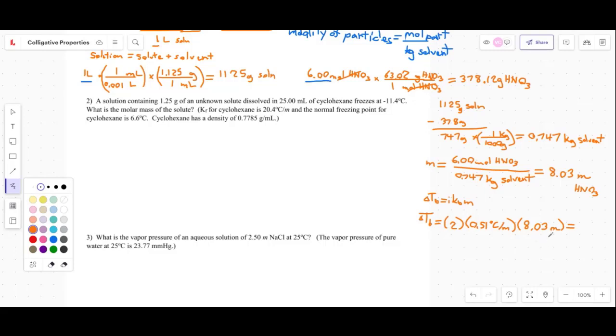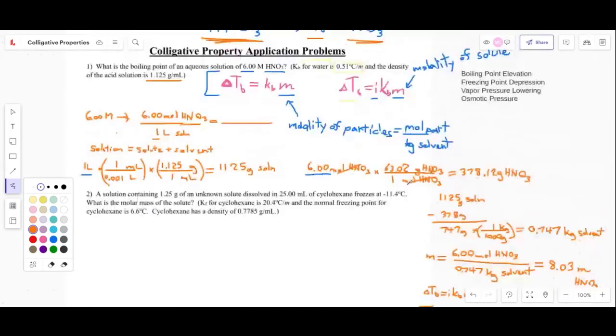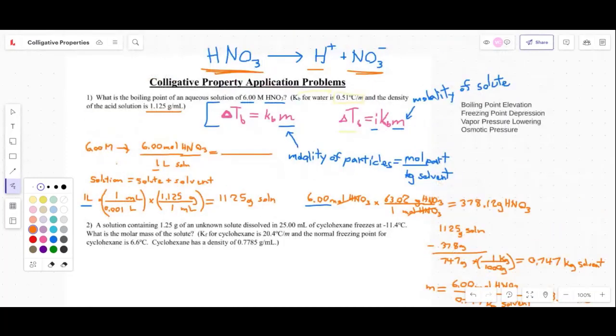I got 8.2 degrees Celsius. That's right, because the 0.51 is only 2 significant figures, so 8.2 degrees Celsius. Now that is the change in the boiling point temperature. And so keep in mind that change in boiling point, we have to add the change